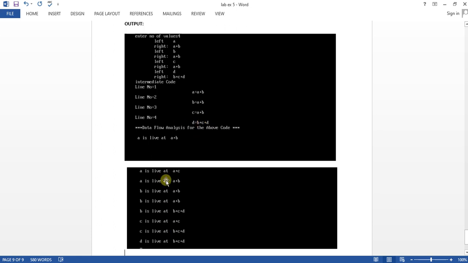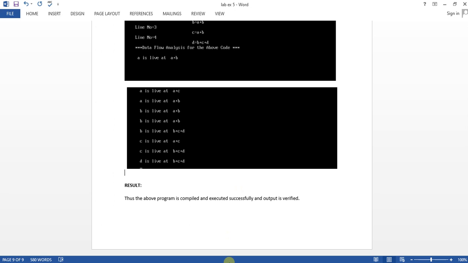For b, b is live in all the expressions. For c, c is live only in the last expression. Likewise it's saying, and then this control flow ends. This is the fifth B expression.